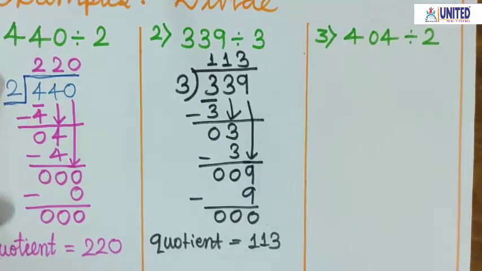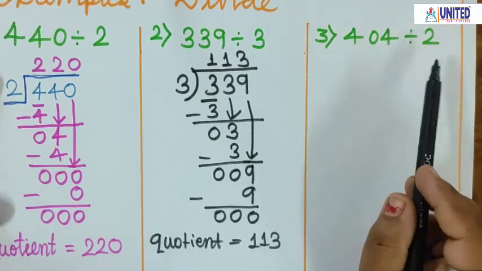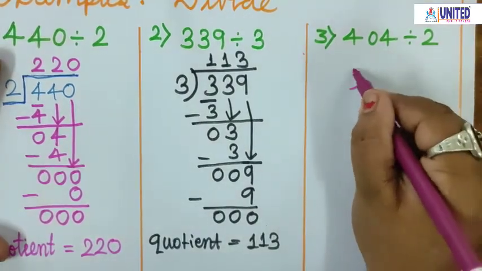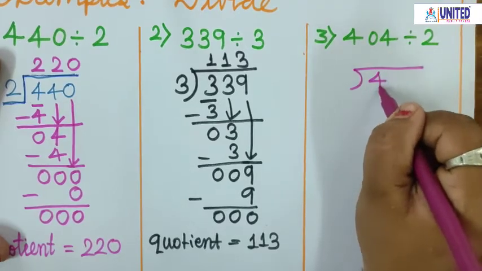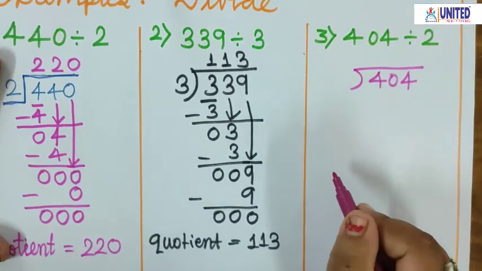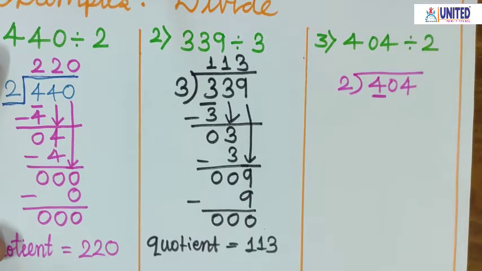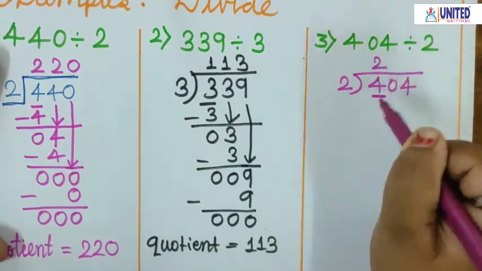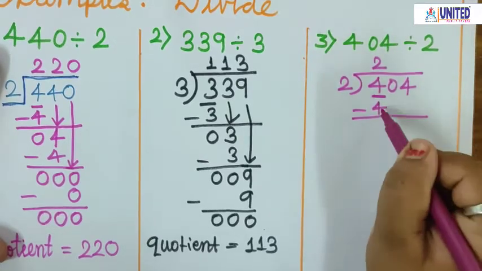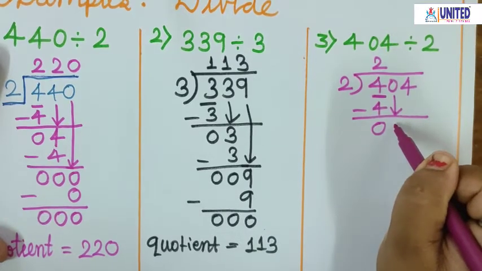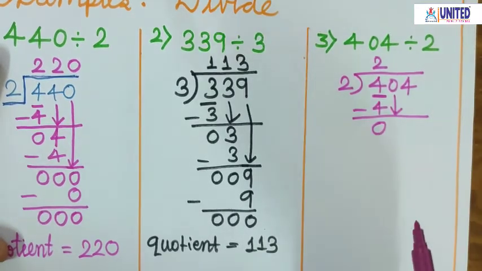Now let's see one more example. Example number 3. 404 divided by 2. Okay. So again same way we have to do it. So we have to arrange it into the long division sign. So this is the long division sign. And 404 is the dividend, so I write it inside. 2 is the divisor, so I write it outside. Okay. Just check the first number. First number is 4 and it is greater than 2. So we can divide it. So 2 2s are 4. Right. Now 4 minus 4 is 0. So now we take the 0 down. Okay. You have to remember you have to take down only one number.